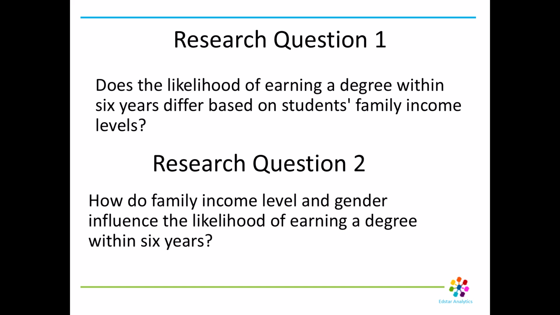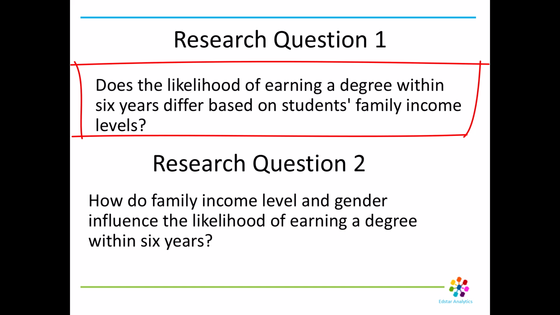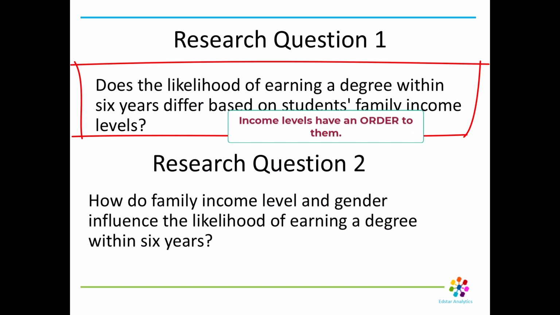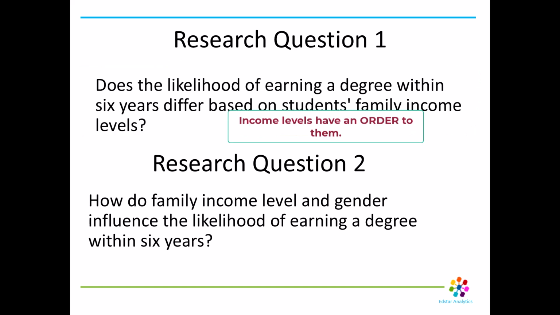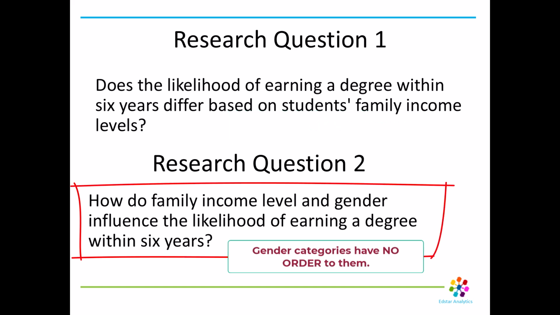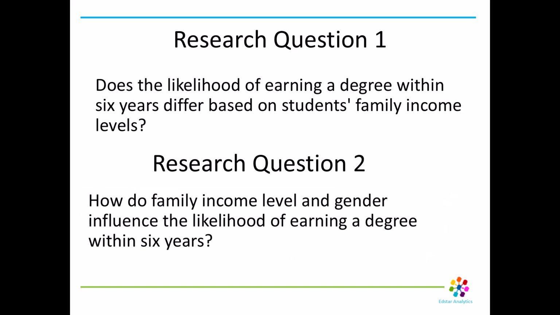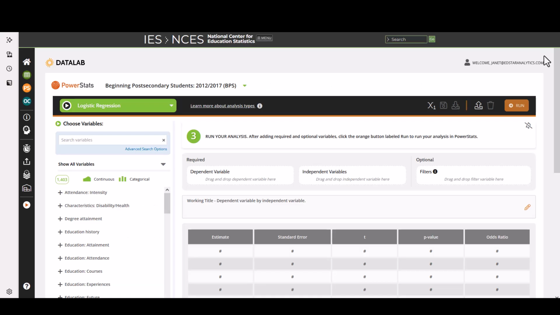In our previous video, we explored logistic regression using family income level as an ordinal independent variable. Now we're going to expand our model by adding a second independent variable, gender. But unlike income, gender is nominal, which means its categories don't have any inherent order to them. So this will change how we interpret the effect on the degree attainment. If you haven't watched the previous video, you might want to, because we're building on what we did in